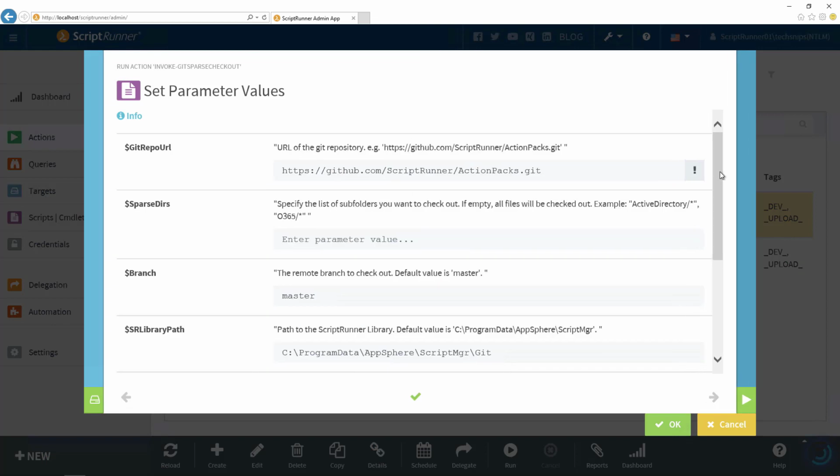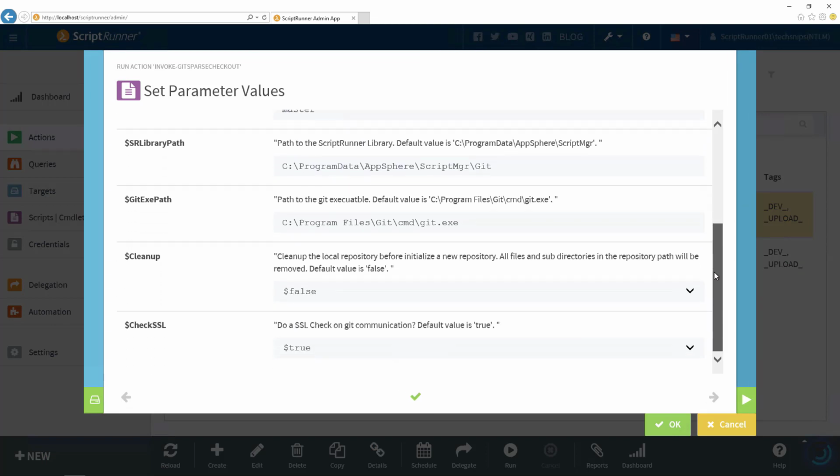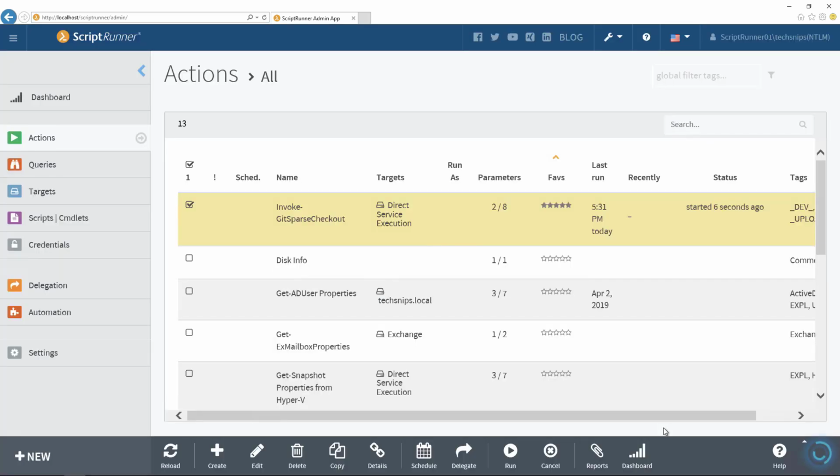Now what I can do is I can just go in here and I can run it. Now you see that we can provide parameter values at runtime. So we have all of the parameters in this individual script. Since we're not going to change any, we've already set the default parameters, we can just go ahead and click OK, and then it's going to start running. Depending on what the script does will depend on how long this goes, so let's just see.